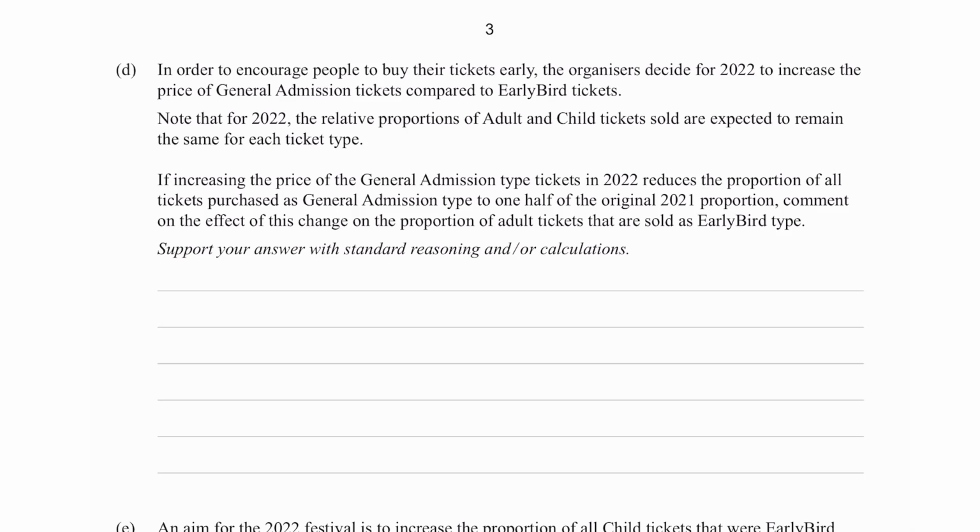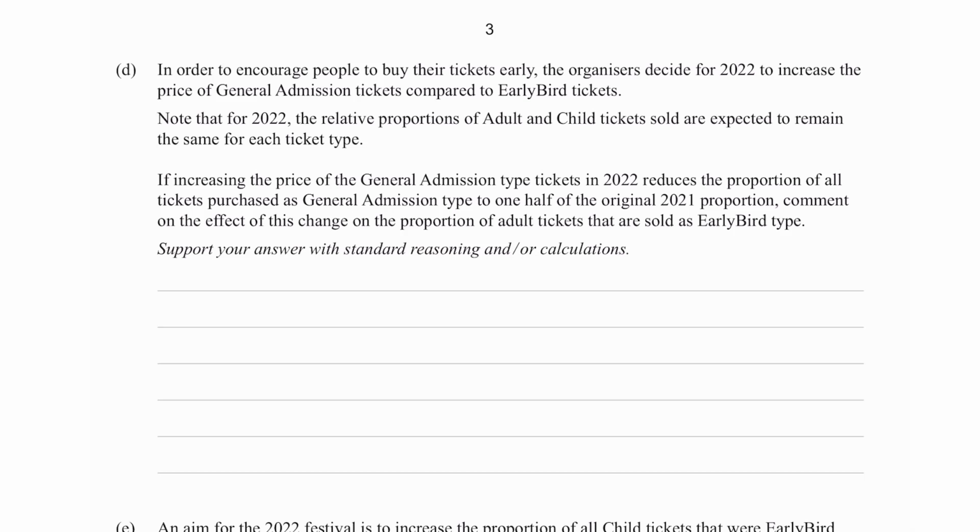In order to encourage people to buy their tickets early, organizers for 2022 decided to increase the price of some tickets, the GA tickets compared to early bird. In 2022, the relative proportions of adult and child tickets sold are expected to remain the same for each ticket type. If increasing the price of GA tickets reduces the proportion of GA tickets purchased overall to 1/2 of the original proportion, comment on the effect that this change has on the overall proportion of adult tickets that are sold